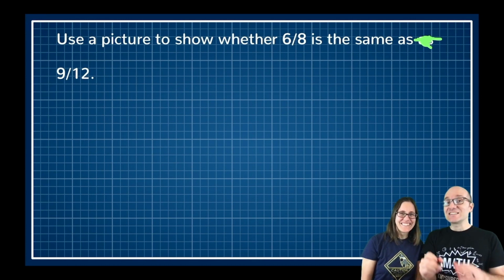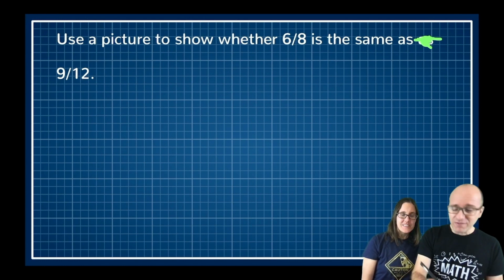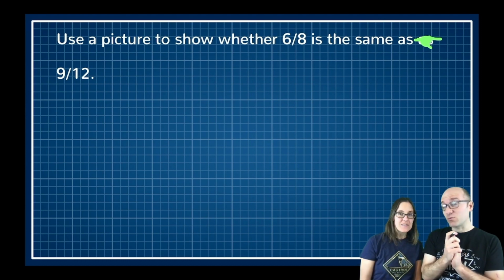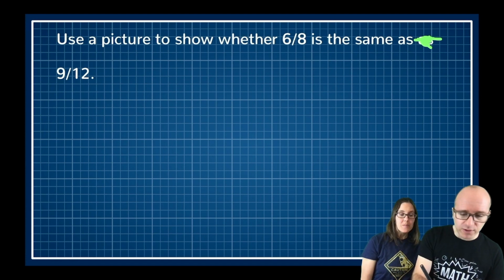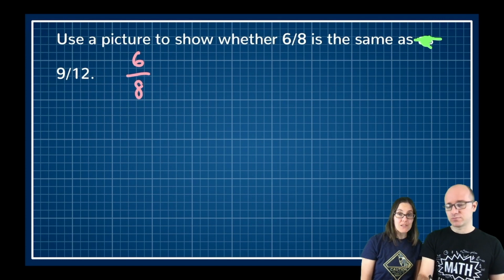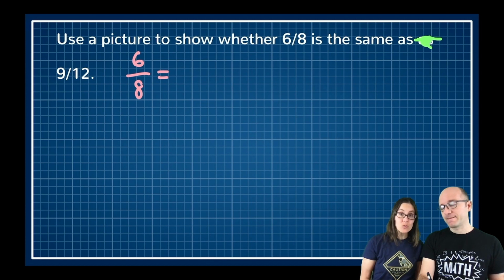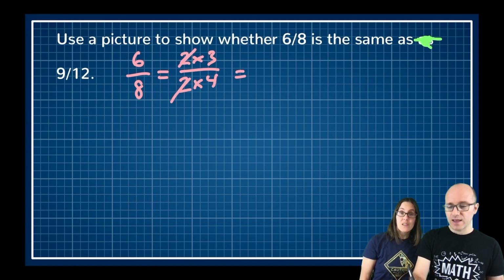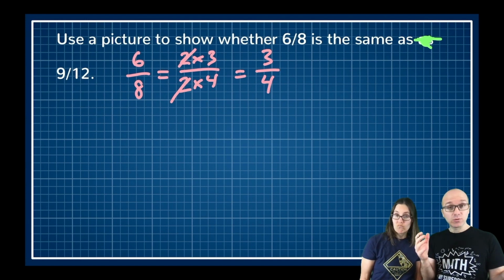All right, so 6/8. If we want to draw this, there are several ways of doing it. Actually, the shortest and easiest way I can think of doing this is to write each fraction in its simplest form first. So instead of drawing a pizza and trying to divide it into 8 pieces, you're going to look at this and say, all right, 6 is equal to 2 times 3. And 8 is equal to 2 times 4. Aha. So the 2s would divide out, and we get 3/4. So 6/8 is equal to 3/4.